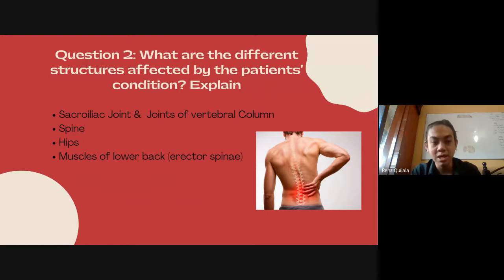For the hips, stiffness of the spine can lead to lesser movement of the hips, which is also a result of inflammation of joints. As hip flexion contracture develops, the patient adopts a forward flexed posture that may exaggerate the appearance of the kyphosis. For the muscles of the lower back, especially the erector spinae, it is due to the